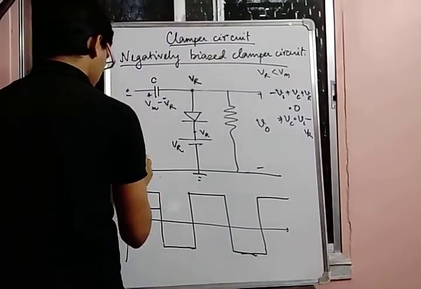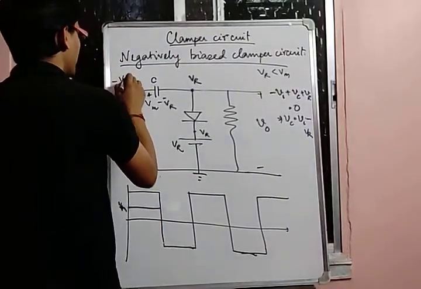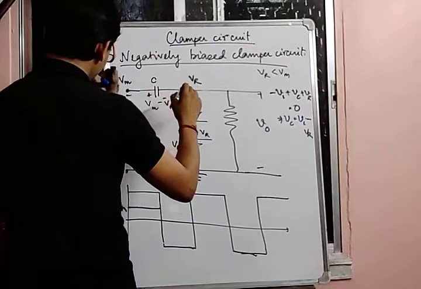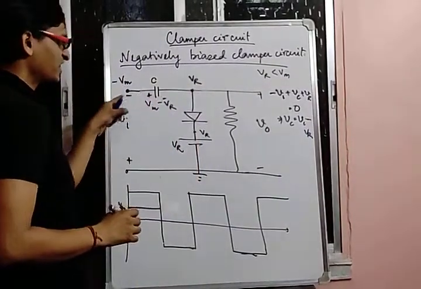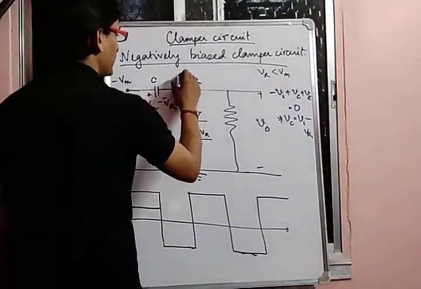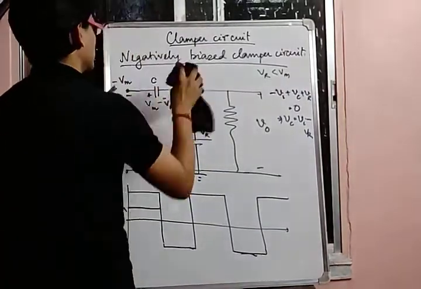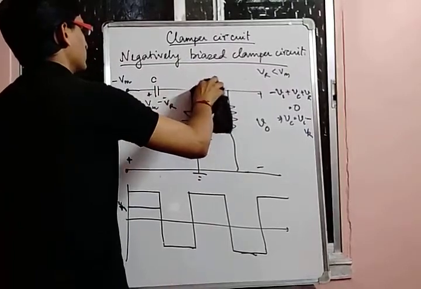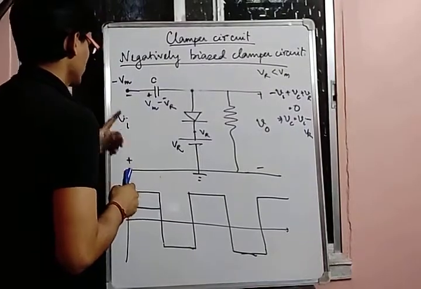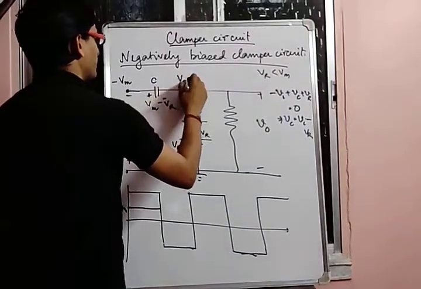During the negative half of the cycle, the polarity of the input voltage will reverse. So this is minus, this is plus. Since we have considered this one to be the reference one, this voltage has to be minus Vm. If this one is minus Vm, then what should be this voltage? This voltage, obviously, should be the difference. The difference of these two voltages should be equal to Vm minus Vr. So what should be this voltage? It should be simply equal to this minus this. So that means it should be Vr minus 2Vm.